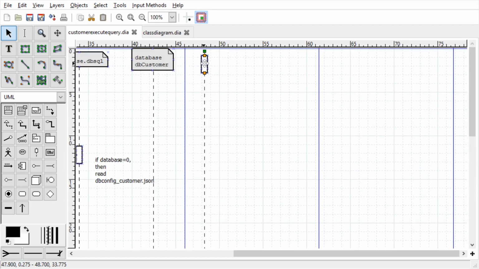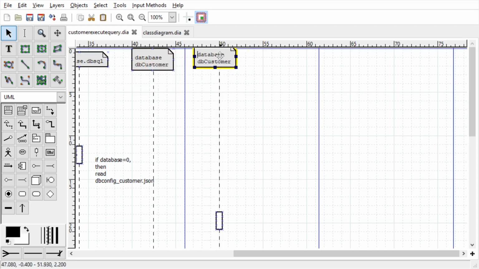Bring this down and mark this, and what will this be? This is an event synchronizer, right? So it will be J event, not J event, it will be event sync object.